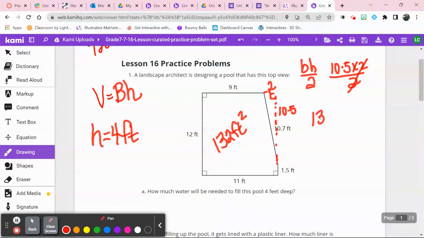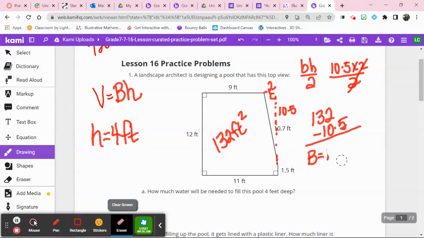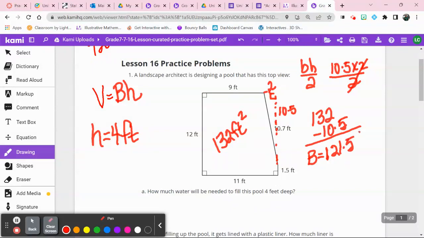So we do 132 minus 10.5. And the area of our base is 121.5 feet squared. All right, now I put those two numbers in. 121.5 feet squared times 4 feet. And you're going to get